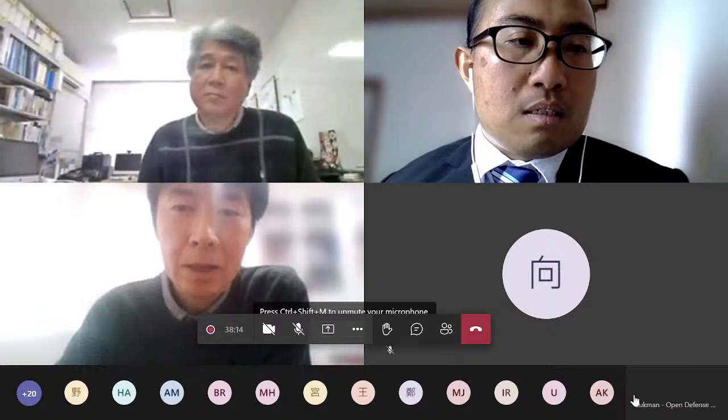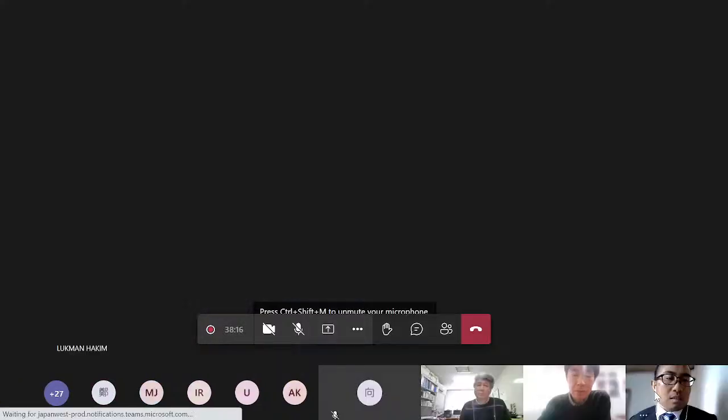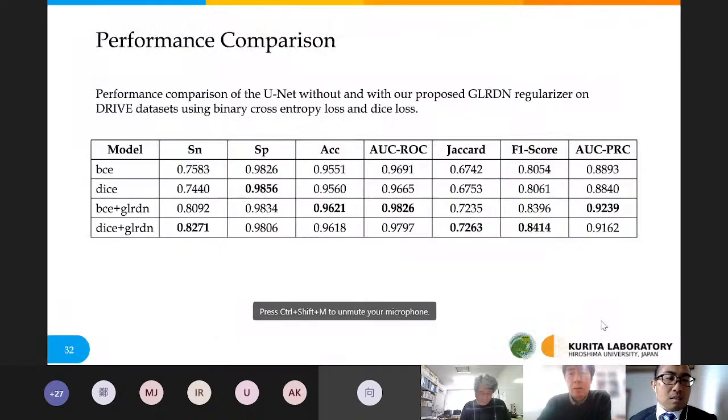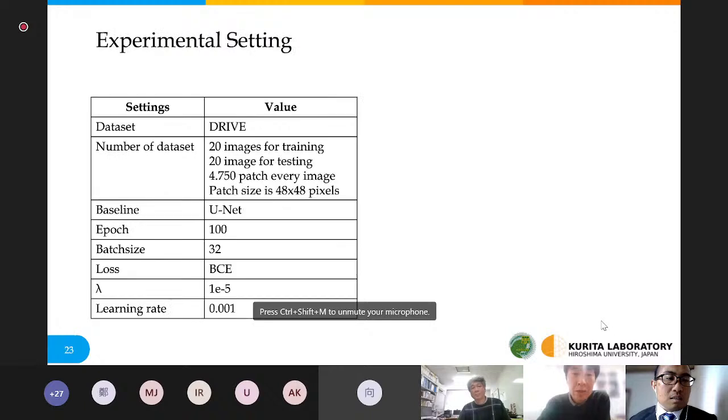The hyperparameter, especially lambda, looks very small. How did you select the hyperparameters like this?